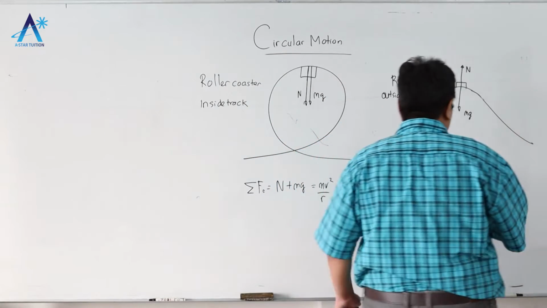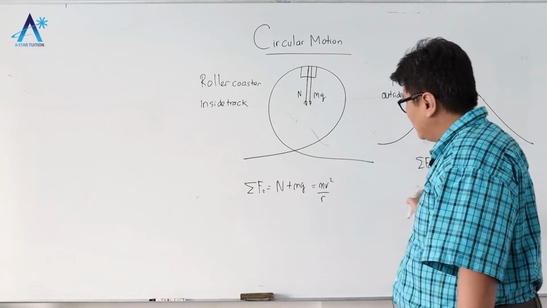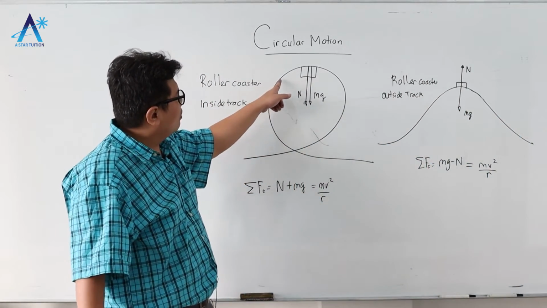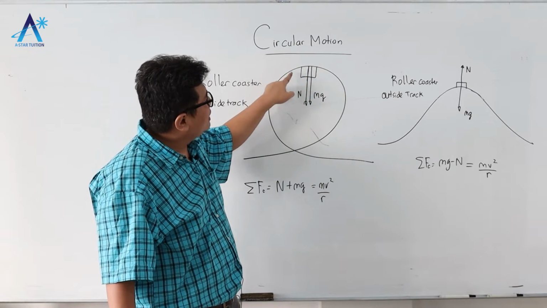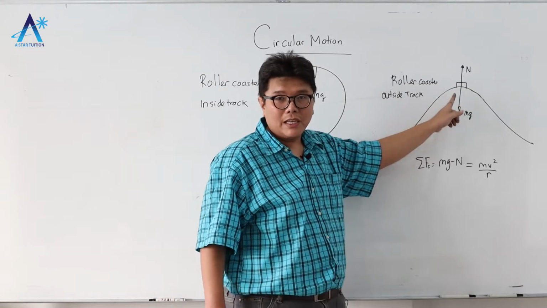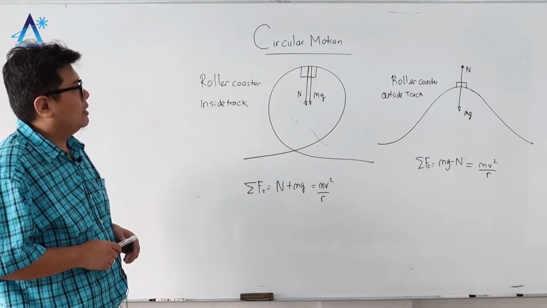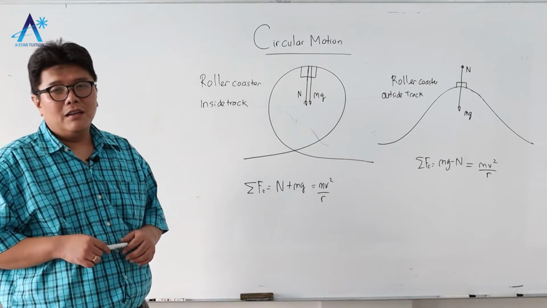And again, this is equal to mv squared over r. So similar but a bit different. Look at the sign. Here the roller coaster is at the track, but inside, whereas here it is outside. Now, one last thing that I also want to mention is that there are also questions regarding